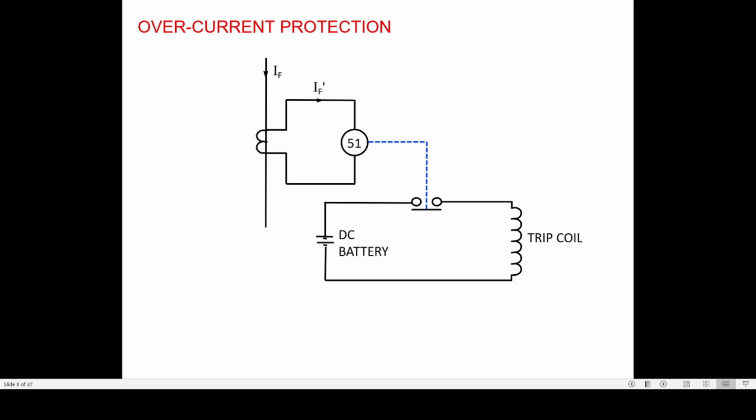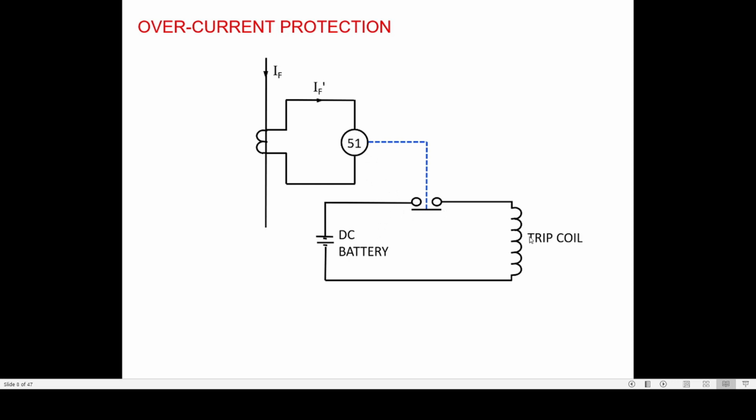As you can see in this picture, the overcurrent protection is the simplest type of protection. This is your CT, which is measuring the current, or the fault current, or the line current. It is fed to a 51, that is overcurrent protection, and 51 is time delayed overcurrent protection. Now, this 51 overcurrent protection relay has some output contacts, and one of these output contacts is wired to the